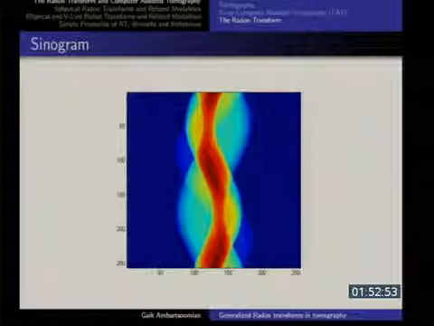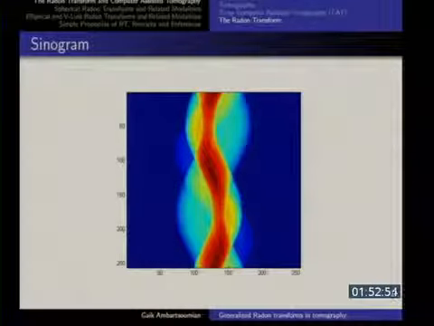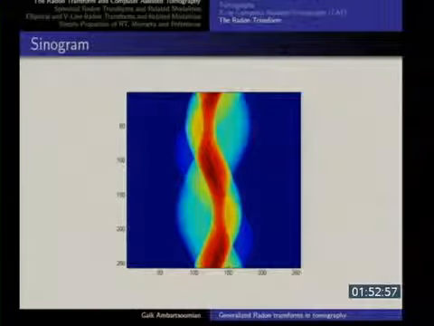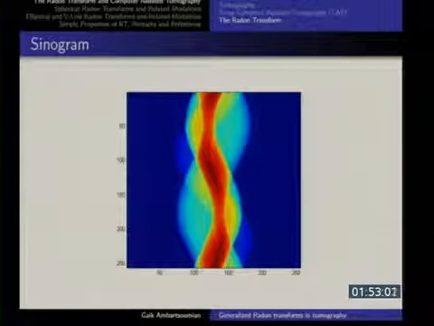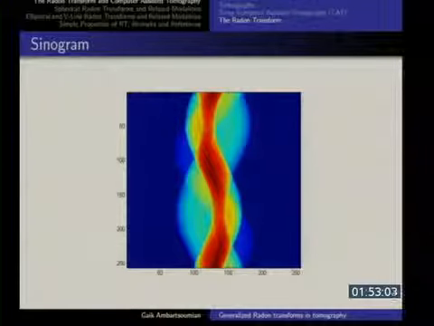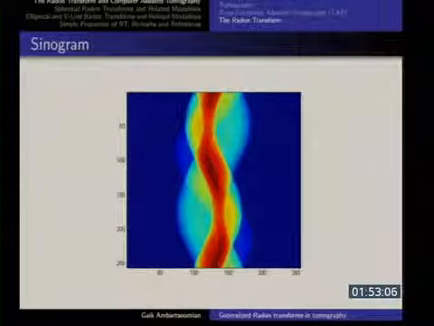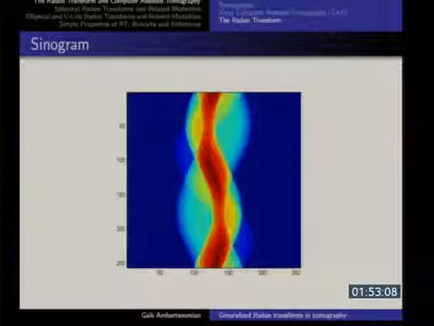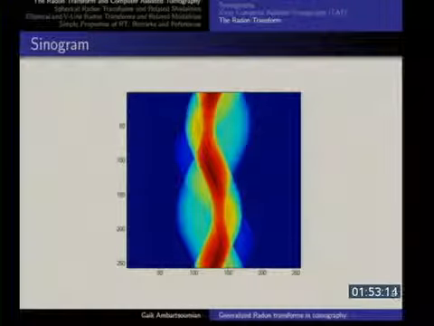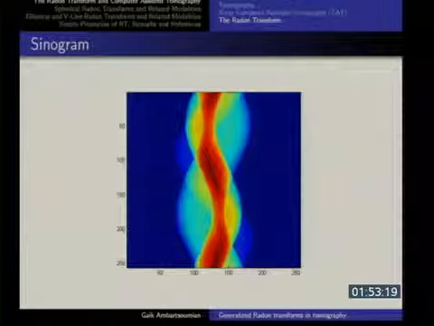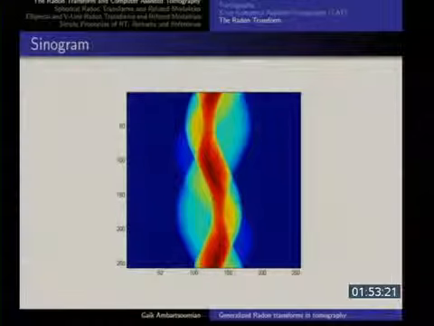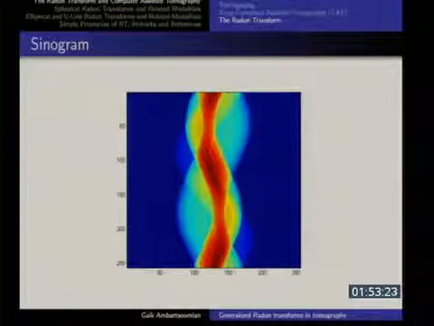And of course, as I said, every pixel here, the location of the pixel corresponds to one fixed value of theta and one fixed value of d. And the color of the pixel corresponds to the value of the function, right? So having this picture, I want to have a picture of the original, what people call the phantom, so the function. This is Rf, and I want f. So the first question for today is, what is f? Can anybody tell me, just looking at this? This is the Radon transform, so the function is...